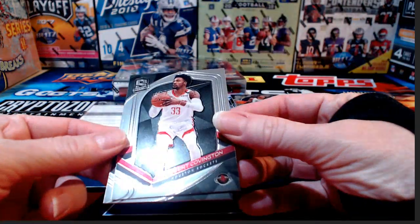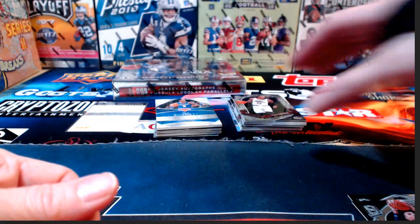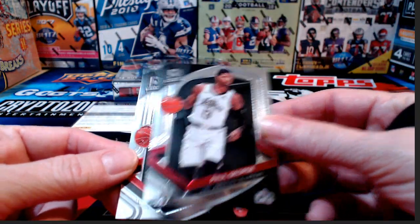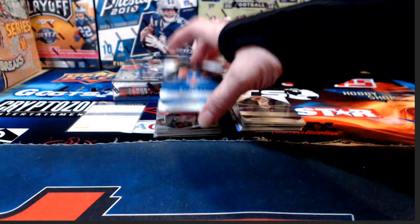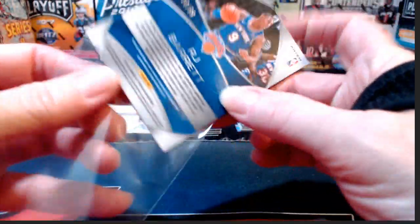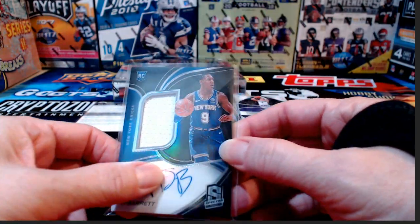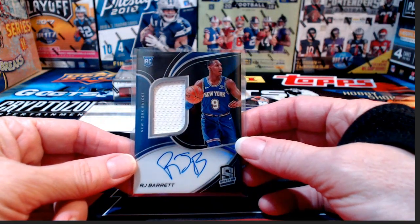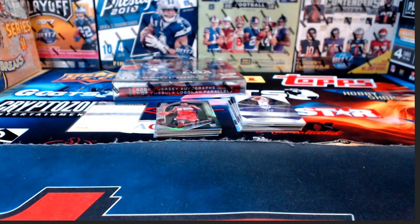Okay, what's our base look like? We have got Covington there for the Rockets. There's one for the Nuggets with Jamal Murray. And then you got Paul George for the Clippers, Vince Carter for the Hawks. R.J. Barrett comes out for the Knicks. It is numbered to 99 with R.J. Barrett. Oh, and look at that. That is, I believe, yeah, hard signed. I was feeling for a sticker. As a hard signed on-card autograph and a relic, a little RPA, I guess you would say, for the Knicks